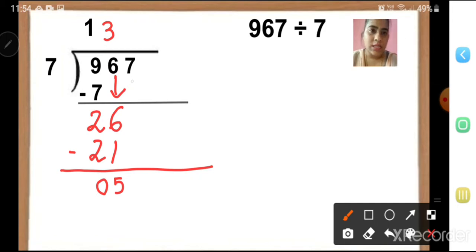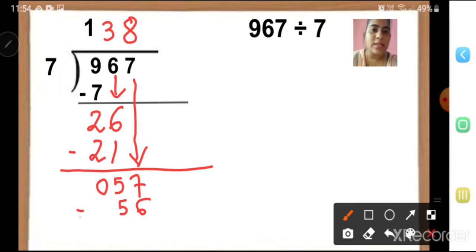Next step is the last number we have to write here down and it will become 57. Again we have to say in the same manner that 57 will go in 7's table or not. It doesn't go. In such a case we have to find a nearby smaller number which is 7 8s are 56. Correct? So we'll put your subtraction sign and then we will subtract. 7 minus 6 is 1. 5 minus 5 is 0.